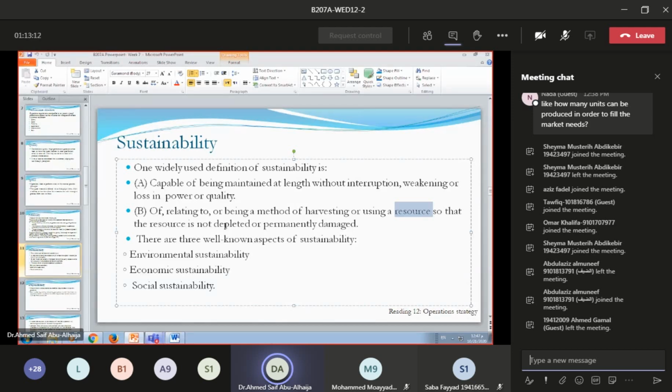Because if you will not consider this kind of sustainability, or as we call it here, the environmental sustainability, at one point you may have what? No wood. At one point, maybe you may have nothing, no resources, because I have finished the resources. Is this good or bad? This is bad. So you need to use the resources of the country? No problem. Use it in a wise way,